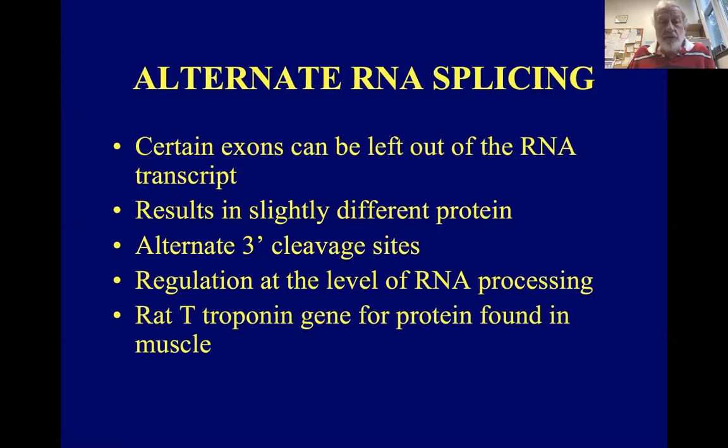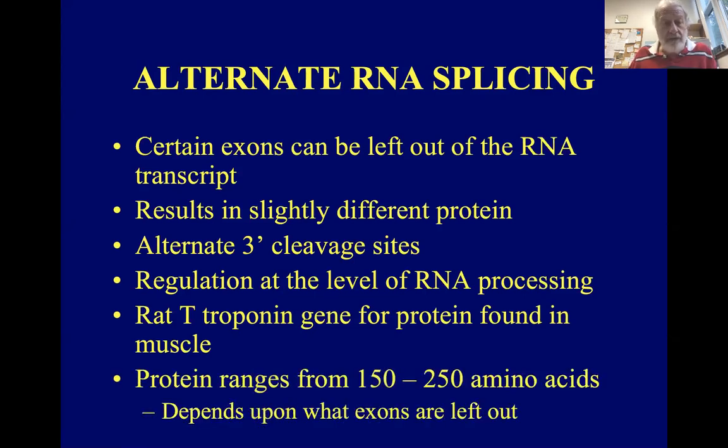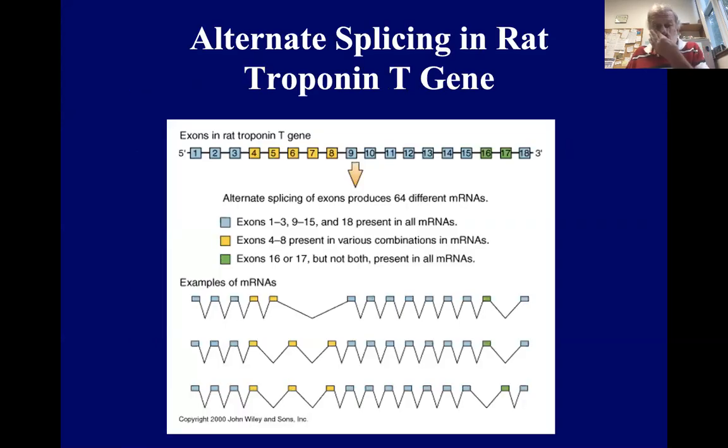So one example comes from the rat troponin T gene, and it's a protein found in the muscle of rats. And the finished protein can be anywhere from 150 to 250 amino acids, depending on which exons are included in the final messenger RNA and which are left out. And that's what this shows. So there are 18 exons in this rat troponin T gene. All the blue ones are always there, but various combinations of the yellow and green ones are present in different